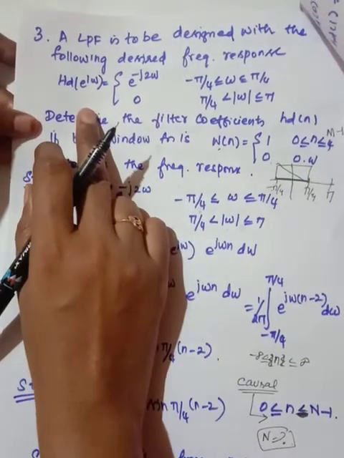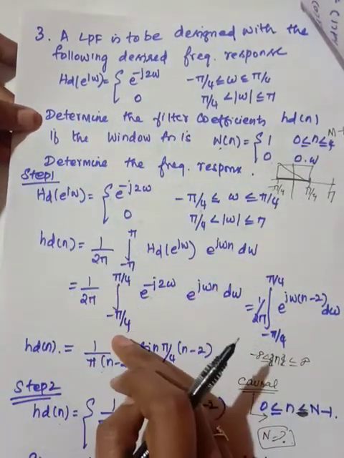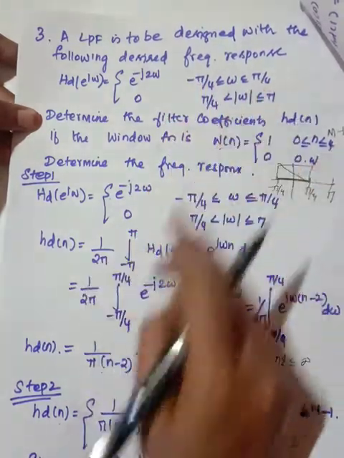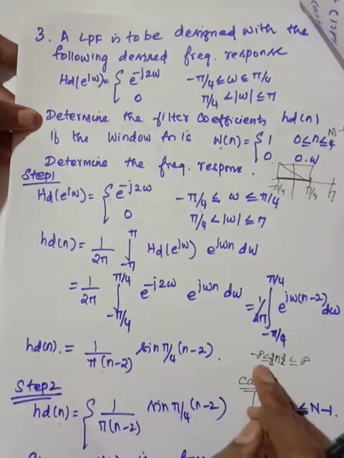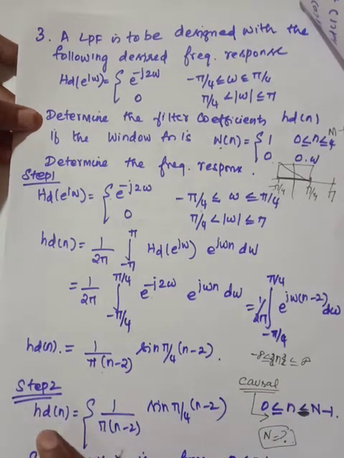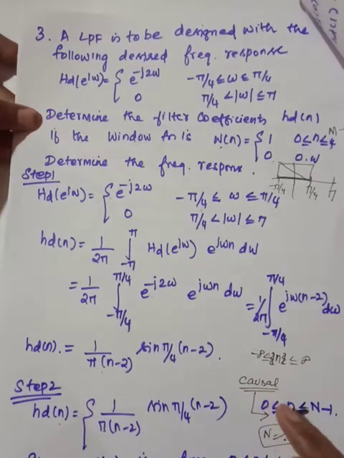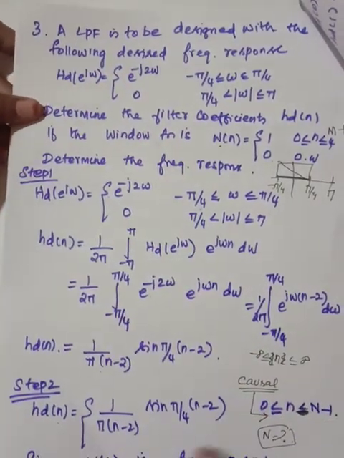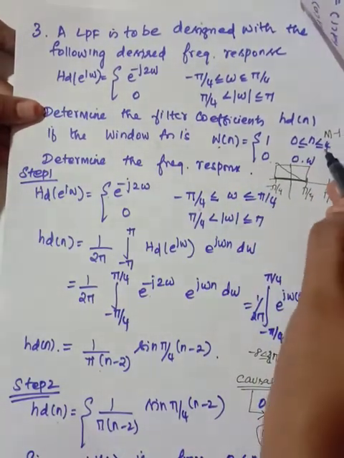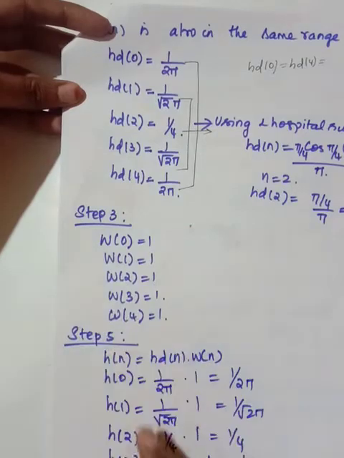So now see this problem we have discussed, e power minus j2 omega. Once again I am repeating, I am going to consider the range. I am not going to take only the positive range. I have found hd of n because this hd of n is for minus infinity to plus infinity. Then hd of n, here only I am going to truncate. So I am going to consider whether it is a causal sequence or non-causal sequence. Exponential is causal, so 0 to n minus 1. Here they have not mentioned the length, so based on the window function I am finding the length.